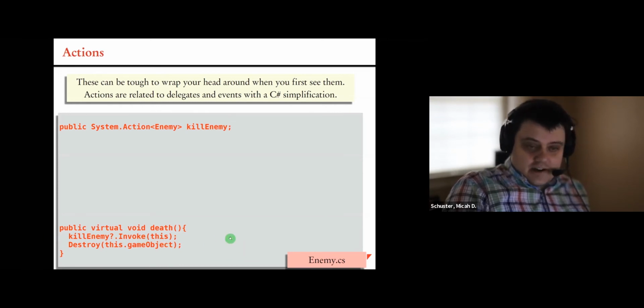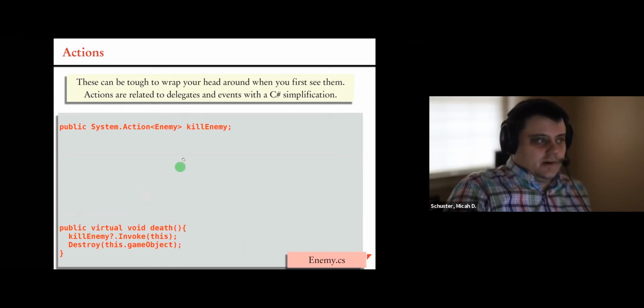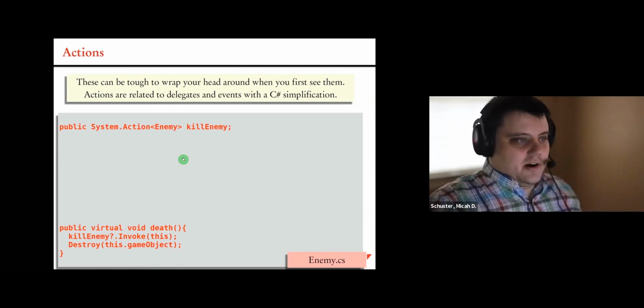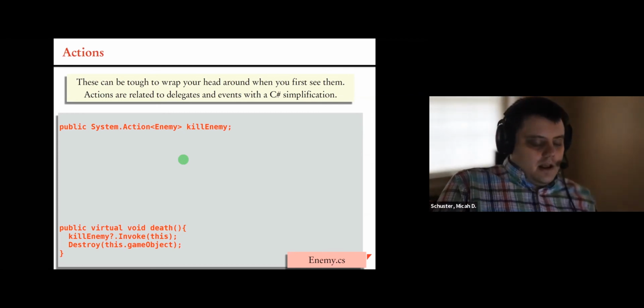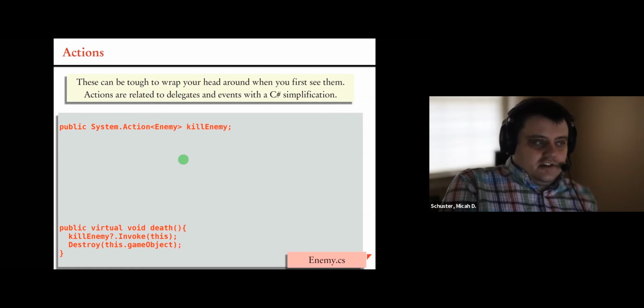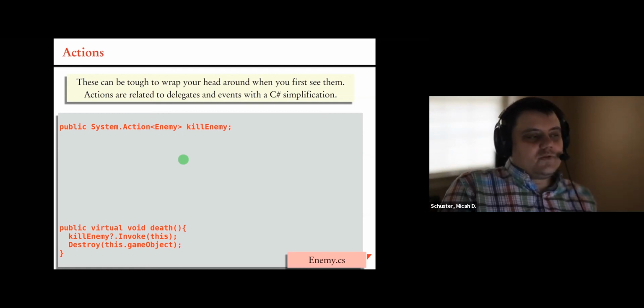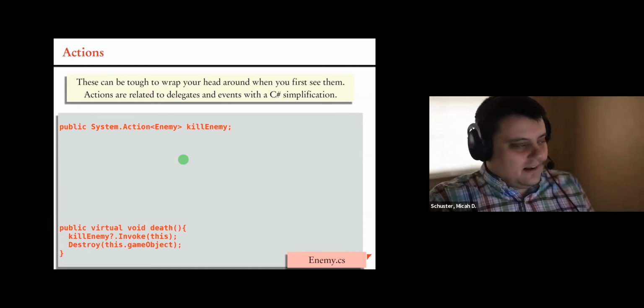The line looks kind of strange. There's a couple of strangeness things going on here. So this can be tough to wrap your head around when you first see it. Actions in C# are, I think, the easiest way to visualize this, and partially because I gave that lecture on array lists